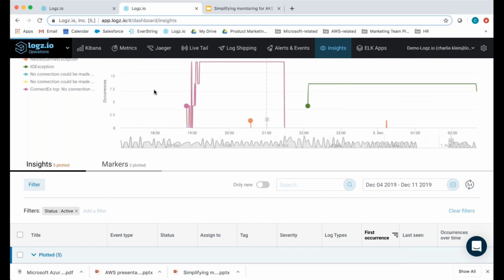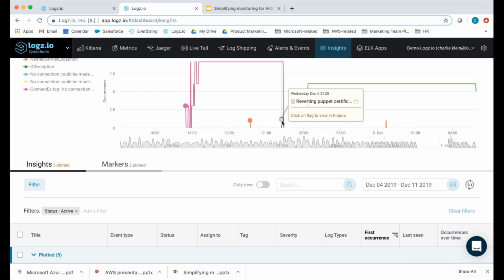We're going to zoom in just like that, and we can see that this Java exception wasn't happening before this deployment here. So these gray boxes indicate deployments, and we can say with reasonable confidence that this exception was caused by this deployment because it wasn't happening before this deployment. So this is how we close the loop with our engineers and say, hey, it looks like